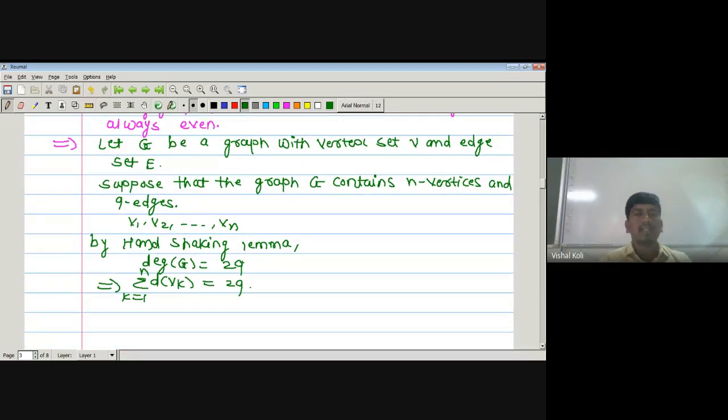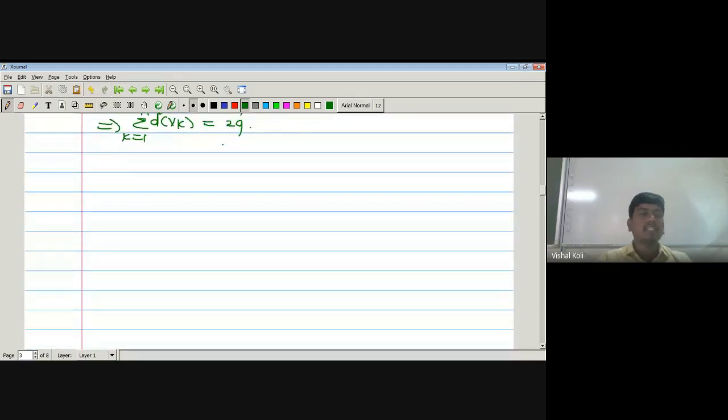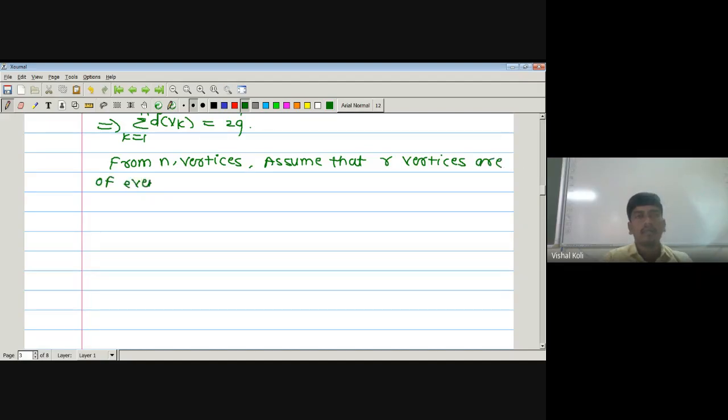Okay, now as there are n vertices in graph G, among these n vertices, assume that r vertices are of even degree, and the remaining n minus r vertices are of odd degree. Okay,